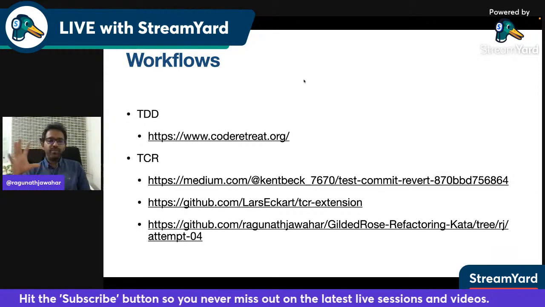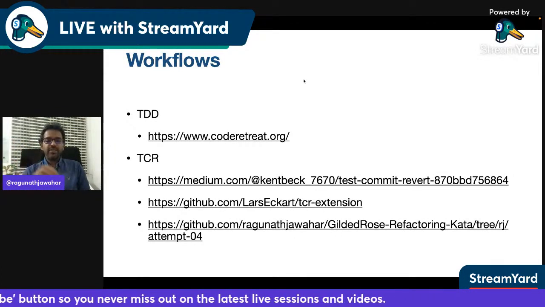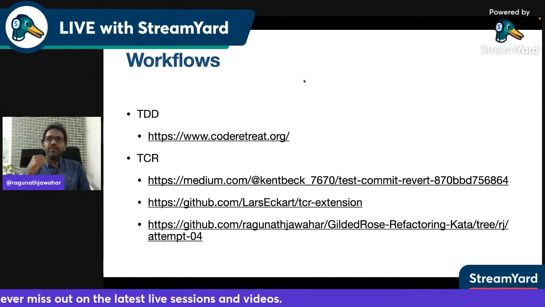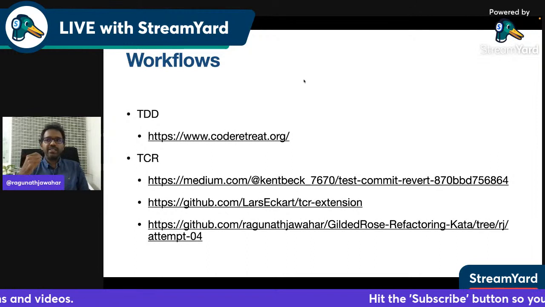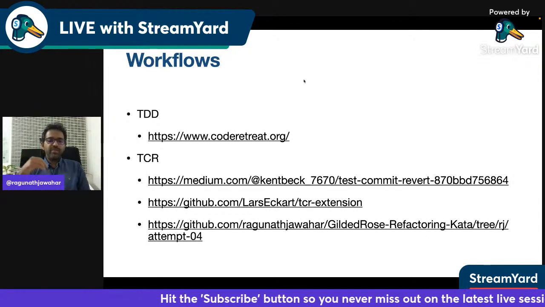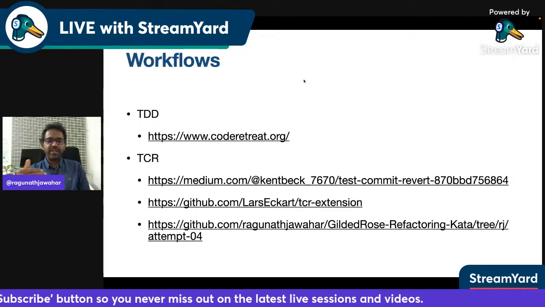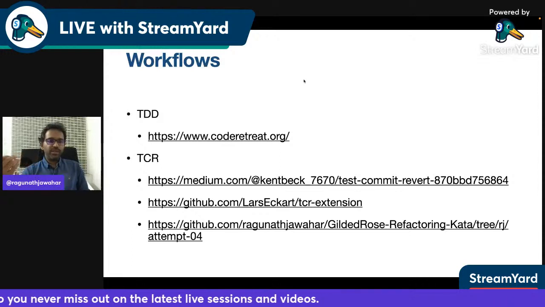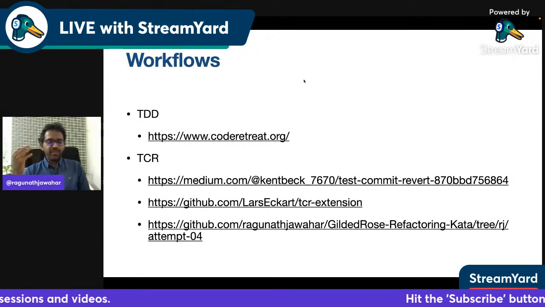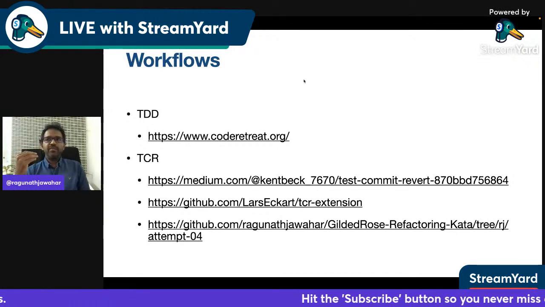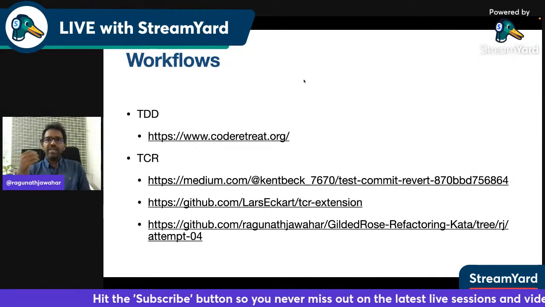What you would do is first bring your entire code base under test, and then you start refactoring. And if your refactoring did not affect your tests, which means you have not broken your existing functionality, the plugin will automatically bring up a dialog and ask you to commit it. So that will commit. And then the next thing you can do is make the next change and save it. And then the plugin will kick in again, and if the change is good, it will check it in automatically to your Git repository. If not, it's just going to discard everything, right? It sounds scary, but it's something that you should try. The more you try, you can really understand the philosophy behind why we need more